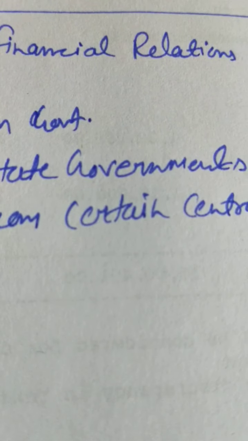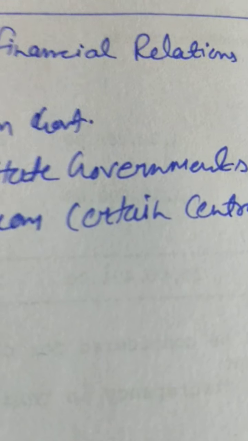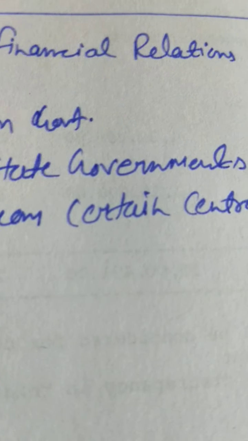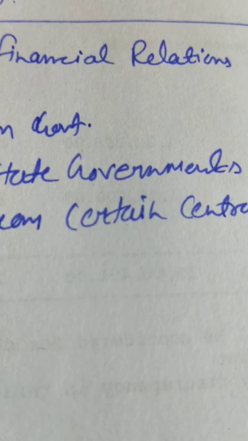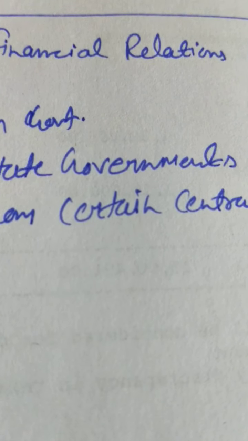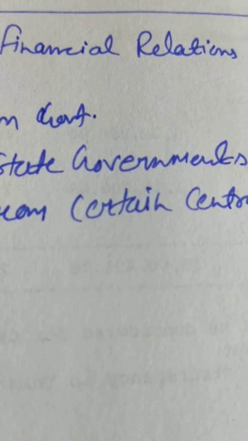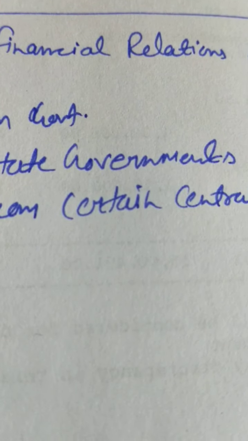This is paper second of your part second, Indian government and politics or Indian political system. In our previous video, we have talked about the administrative relations between the center and the states, and in that topic we talked about the power of the union to issue directions to the state governments and the power of the union government to entrust some responsibilities to the state governments, provisions of all India services and interstate